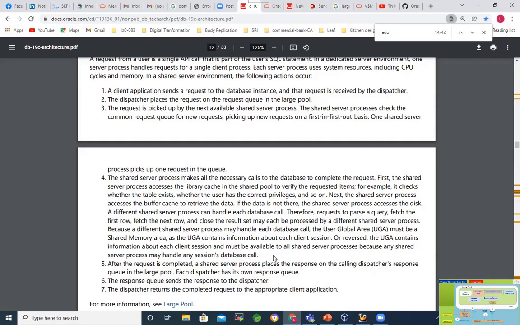We learned that. If I go back to the previous explanation in our shared server explanation, in the UGA only session related information is stored in shared server connections, not like dedicated server connections. So now it is very clearly explained here why it is happening.